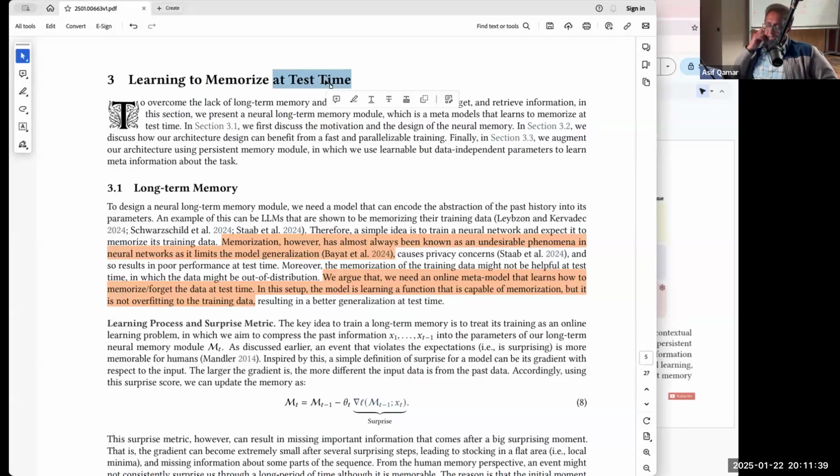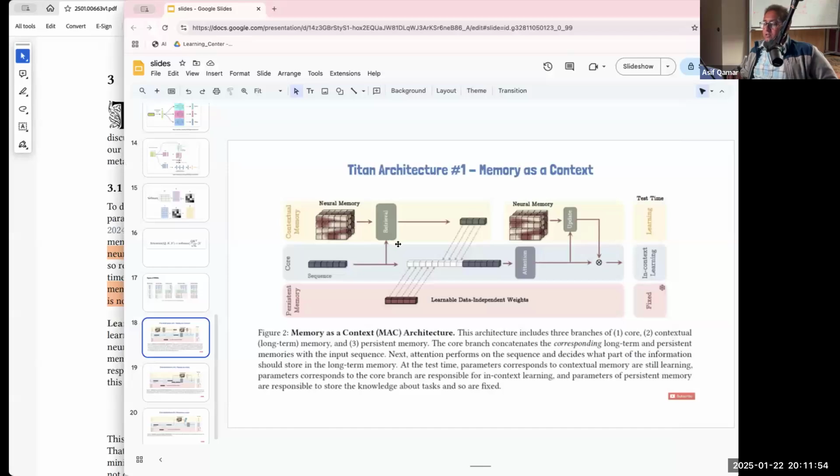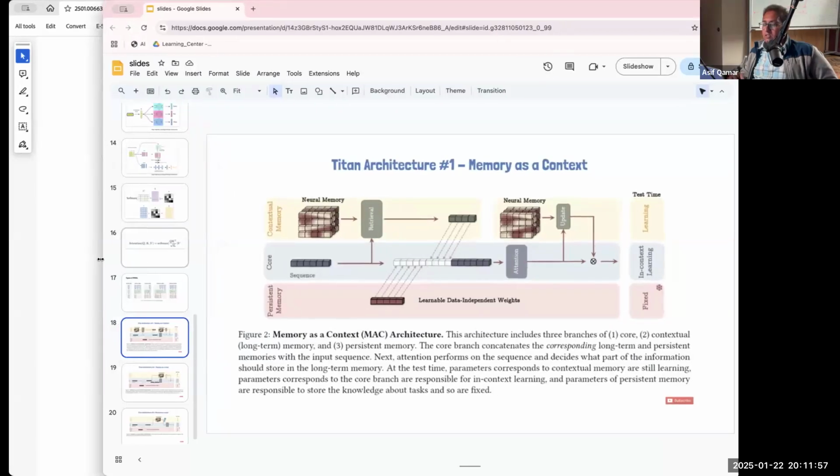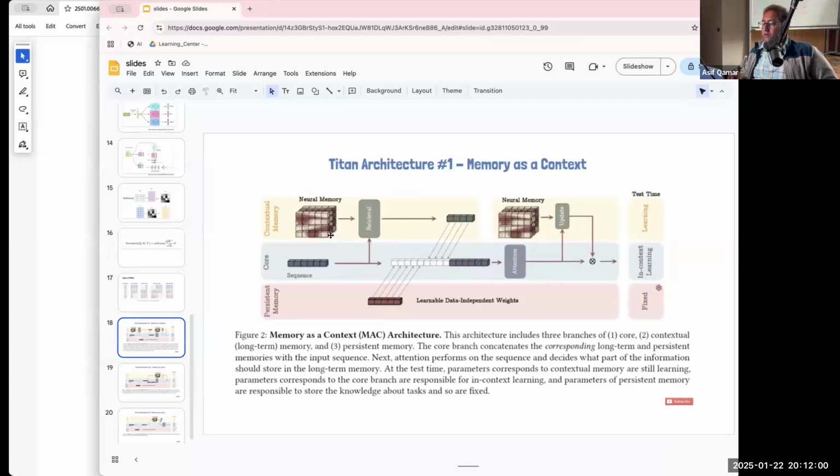So why is it called memorize at test time? Usually, test time means during the inference time. That's another way to understand it. In the example we are mentioning, a book with 300 pages is fed into the neural memory, and then we are asking questions. You can ask, what did his character do? What are the qualities of the character? Tell me the events. Those are all inference time or test time.